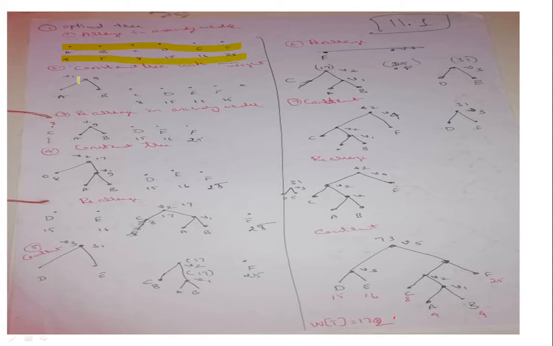Once it is done, next we are going to construct a tree with the minimum weights. Which are the minimum weights? That is 4 and 5. After adding 4 and 5, I'll be getting 9. So this is my new vertex. Once I have got it, we have to check whether it is lesser than these weights or greater. If it is greatest, we'll shift it to the rightmost. If it is smallest, let it be here. If it is somewhere in the middle, we'll insert it there. So we rearrange in ascending order. So c comes first, then the new vertex, that is 9, comes next, then 15, 16, 25.